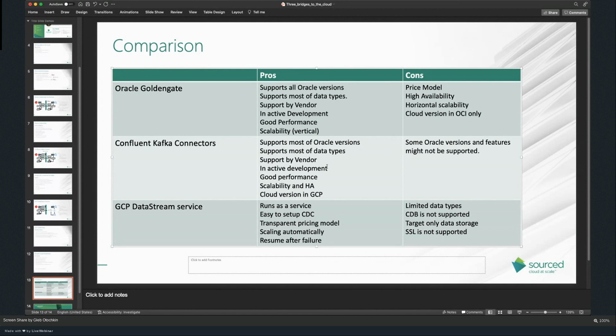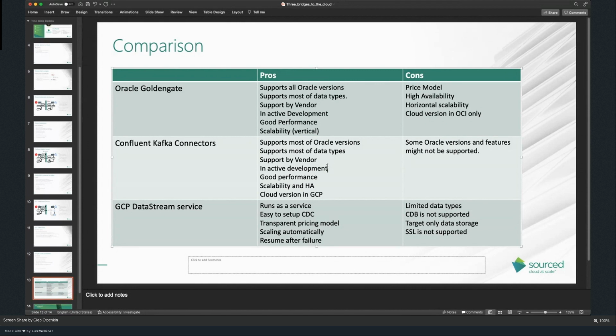The second choice, and in many cases probably the first choice for me, would be the Confluent Kafka Connector. It supports most of the Oracle versions. It is universal in where you want to put data and how. You can use tons of services on top of that, with KSQL or any other streaming services.